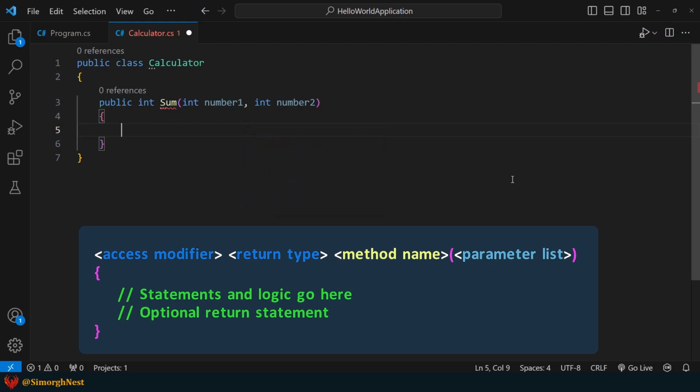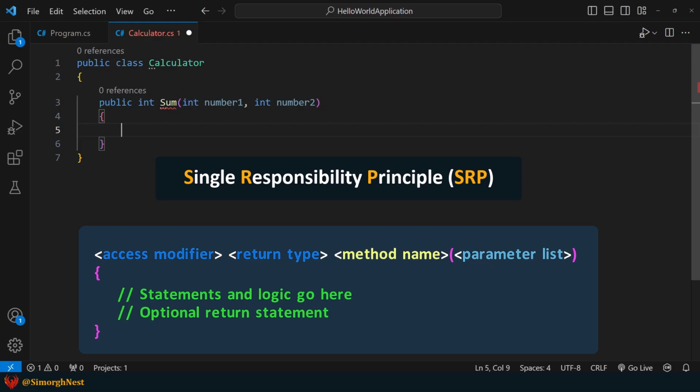The method body is where the actual logic and functionality of the method are written. It's important to remember that it's best practice to have each method focus on a specific task. This principle is called the single responsibility principle in programming. Following this principle, it's recommended to assign each method a specific job or task.